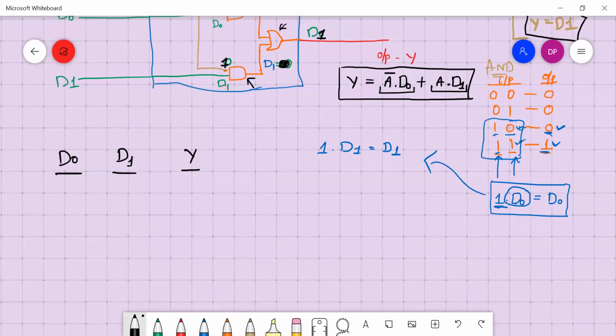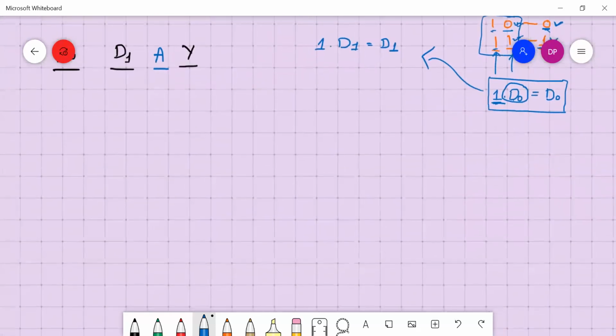Along with this, we have another thing, that is A. With D0, D1, how many combinations are possible?